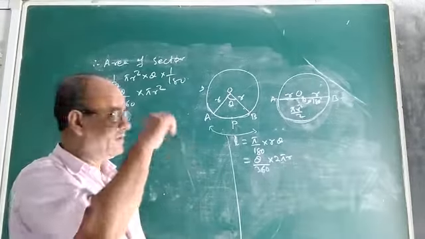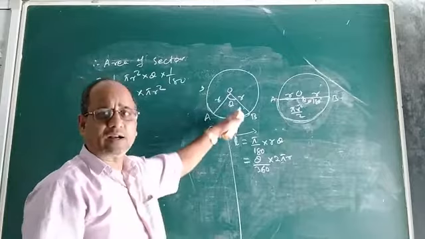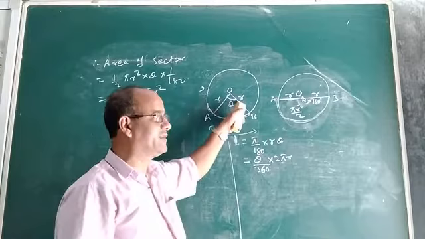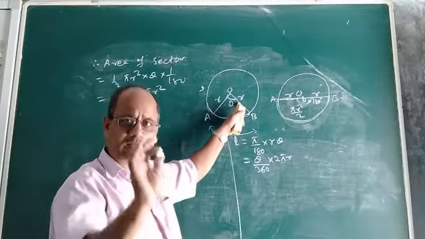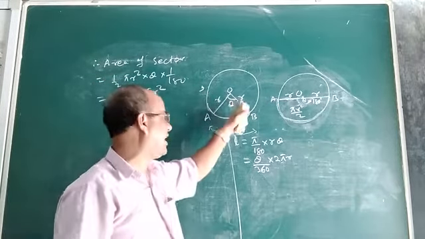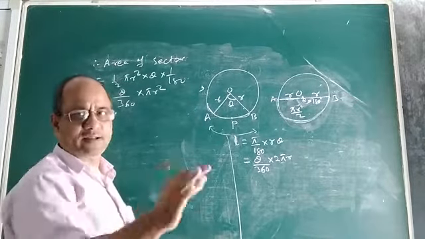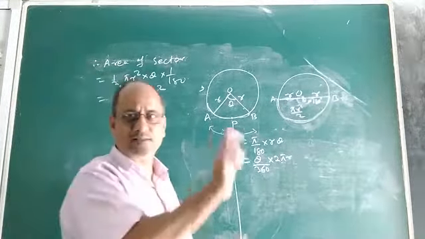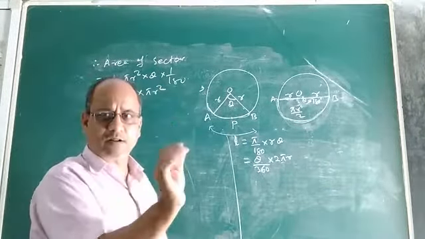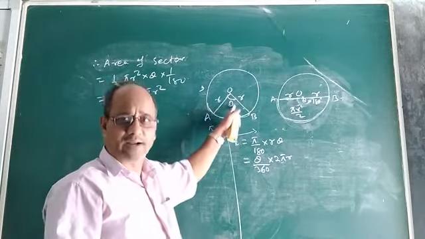That means in a circle, if the angle subtended by an arc at the center is theta, whatever the value of theta may be, and the radius of the circle is r. A sector is a part of the circle only, nothing else. It is the union of any two radii and one arc, maybe minor or major. So that is a sector. So if an arc subtends an angle theta